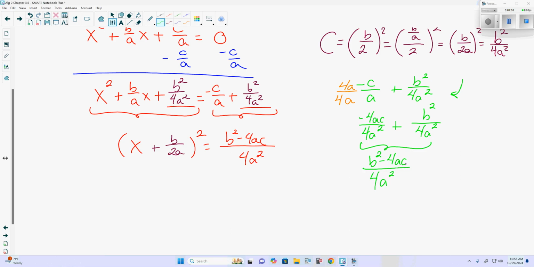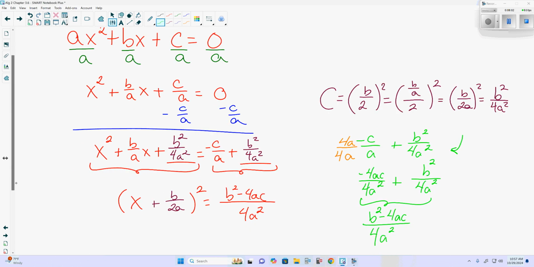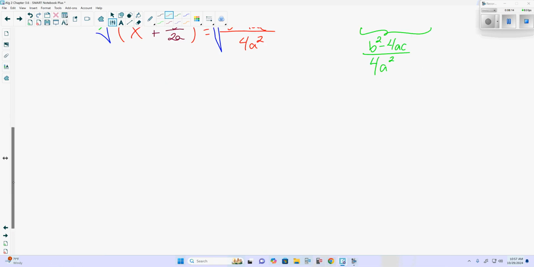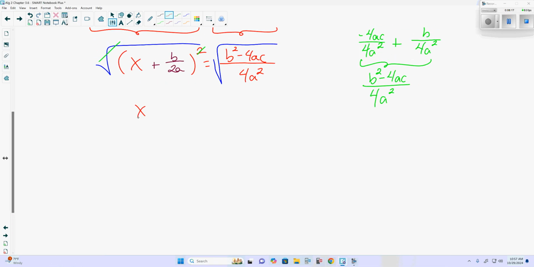I mean, having a full grasp of what we're doing here doesn't really matter. But again, what I'm trying to show you is how we get to the next solution, or the next way to solve. Okay? Next thing we have to do is take the square root of both sides. And here the square root and the square cancel, telling me that x plus b over 2a is equal to plus or minus